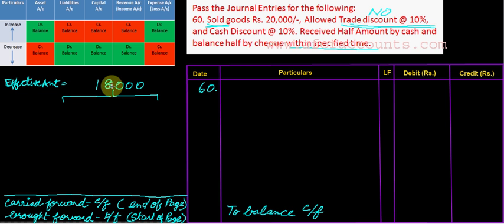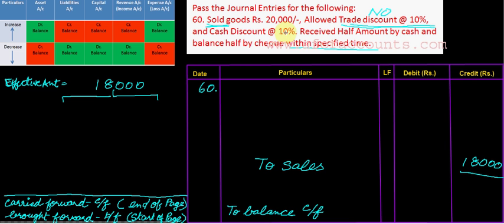I have to credit sales. Sales account is always credited. So first write to sales and credit it with 18,000. Now all the amounts you are debiting here should be equal to 18,000, which is credited here. Now what the question says further,